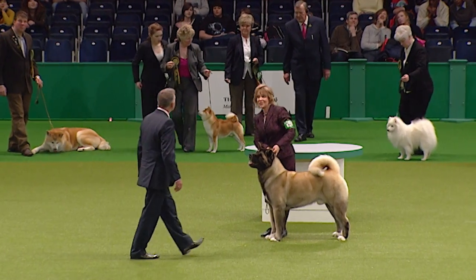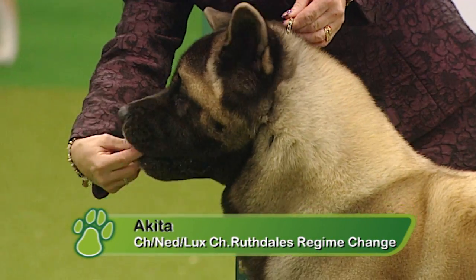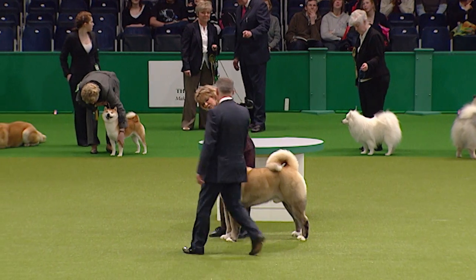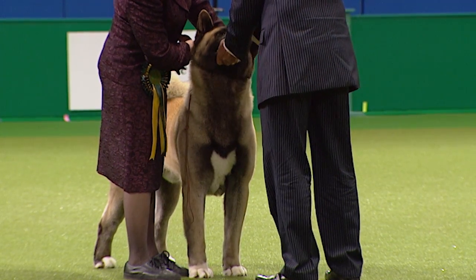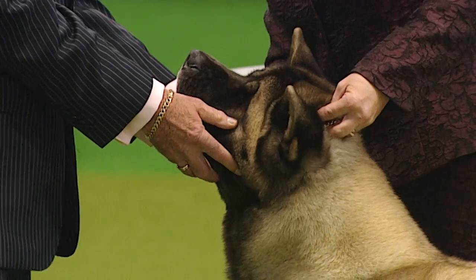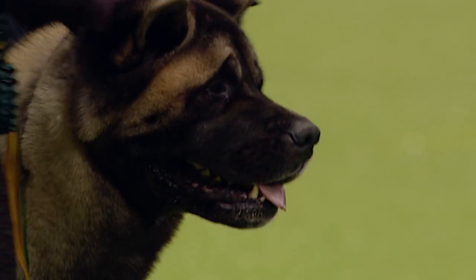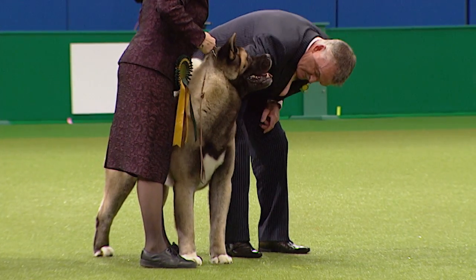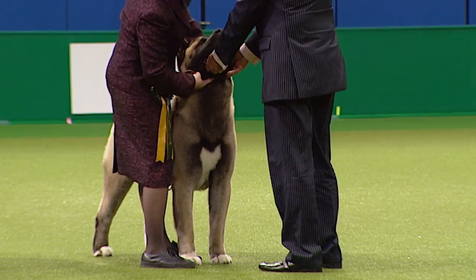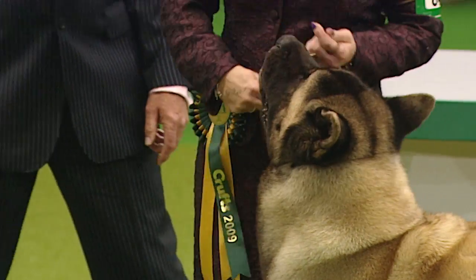The first breed to be judged here now is the Akita. Overall entry of 138 from 130 dogs, judged by Mrs. H.M. Burke. Here the best of breed is the dog, Exhibit 8438. The Akita is the most popular breed in his native Japan, a large, upstanding, dignified dog. The Akita Inu, meaning large dog,